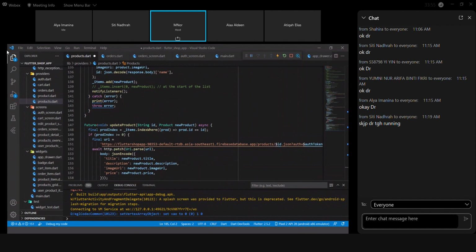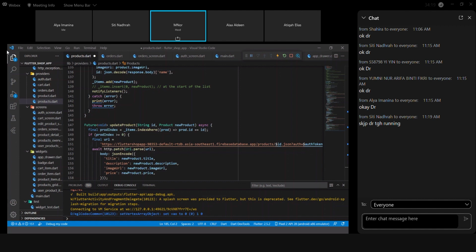And then if the user wants to filter the current orders that he or she placed previously, the app will only display all the orders related to this particular user ID. So to assign the product to a specific user,